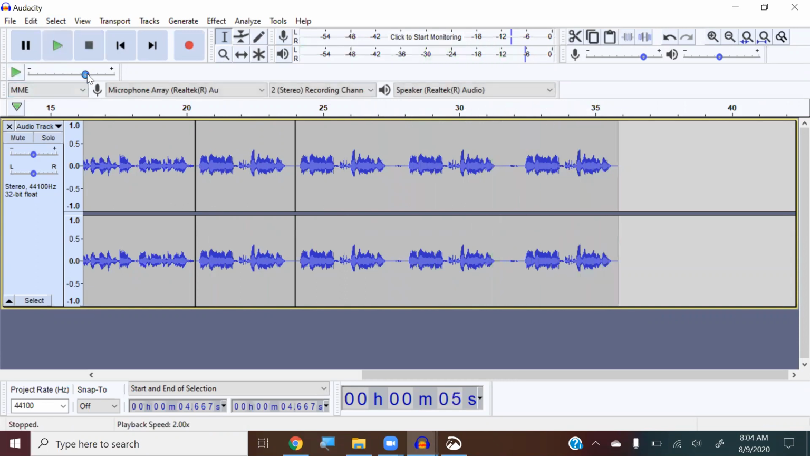Yeah, so you can lower the voice, like the playback speed should be 1.00 to play it normally, so you can lower it. Let's lower it to 0.75, and when I'm playing it,